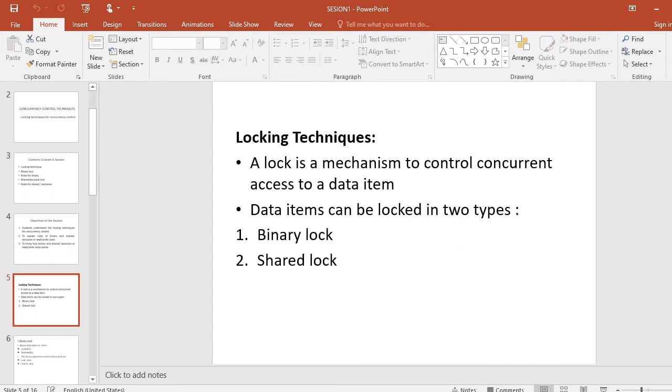Now let us understand one by one. In concurrency control techniques, when transactions are executed concurrently, there should not be any interference. This can be ensured by serializability of schedules using protocols, which are sets of rules. One technique employs locking of data items to prevent multiple transactions from accessing the items concurrently. Locking protocols are used in most commercial database management systems.